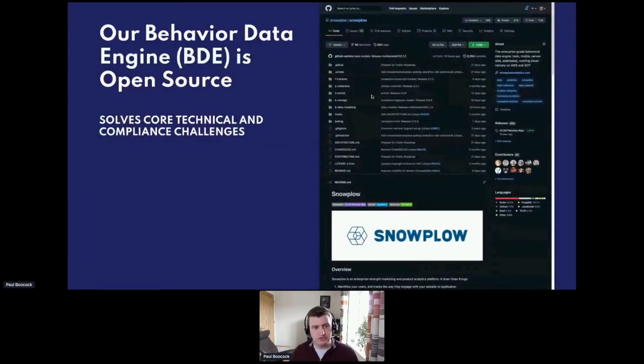So this behavioral data engine is open source, and this is the repo I'll dive into here. This is where we solve those core challenges and all those compliance challenges as well. We see it's broken down here into 5 distinct parts, which is how we typically think of a Snowplow pipeline: the trackers, collectors, enrichment, and validation happens as part of the enrichment, the storage tier, and then